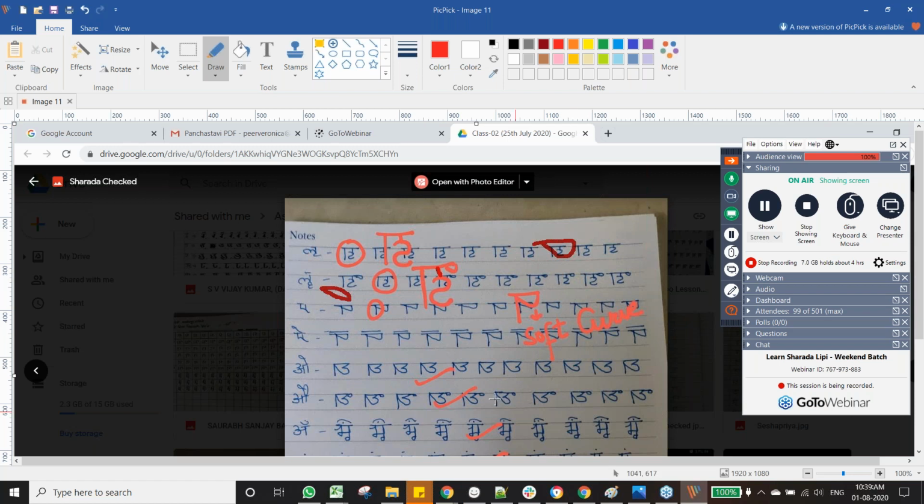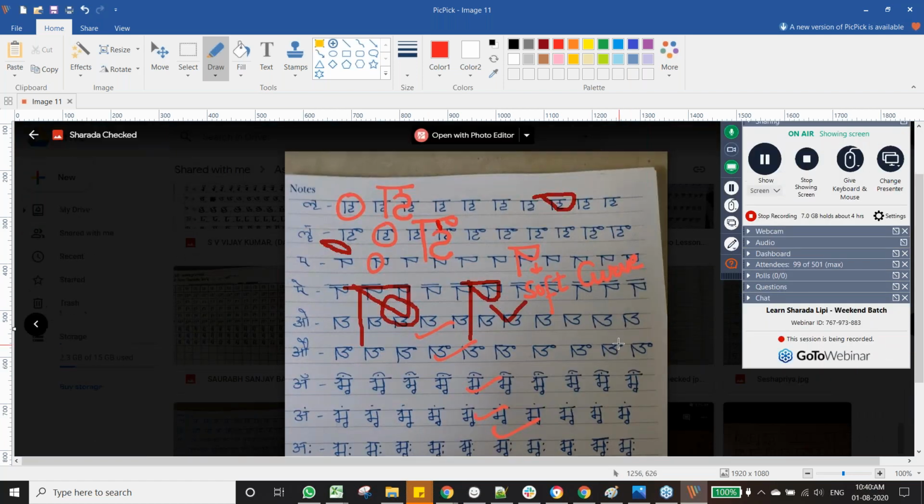Another one is this A. When you draw it, try to keep it a soft curve. What you have done here is like this. This is wrong. This corner here at the end is a very sharp, triangled corner. This is wrong. This is how it should be, a soft curve. Rest all is done very nicely, very beautifully.